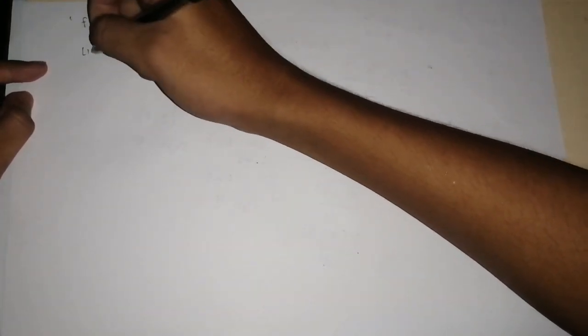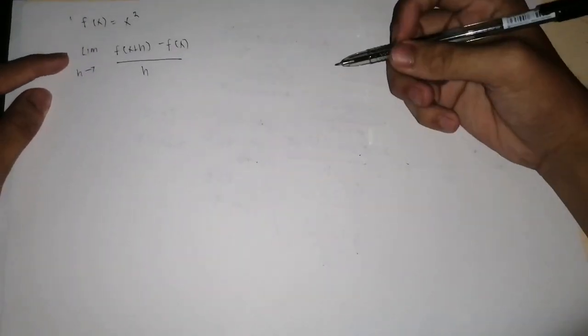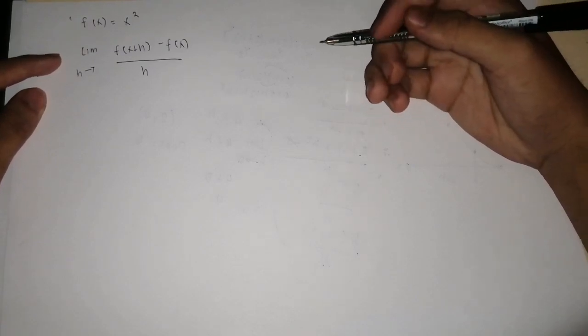Now, paano naman kapag f of x is equal to x squared na kung saan walang slope na hinahanap? Paano natin malalaman ang kanyang derivatives? So, babalikan lang natin yung formula pagdating dito sa derivative. So, yung limit siya of f of x plus h minus f of x over h as h approaches 0. Yung limit na yan is ayan yung hinahanap natin ang derivative